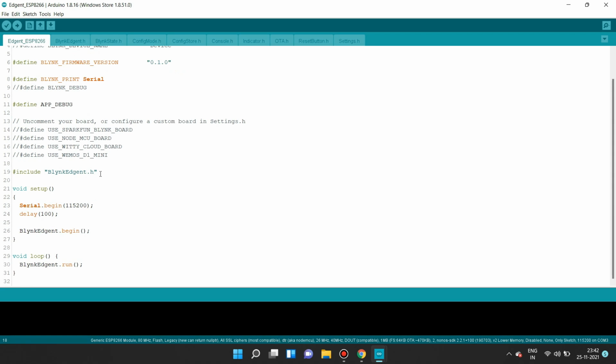Okay, we have used a virtual pin, so we have to write some code for that. Just write the code, that is BLINK_WRITE, and we have used the V0 virtual pin, so we write V0.